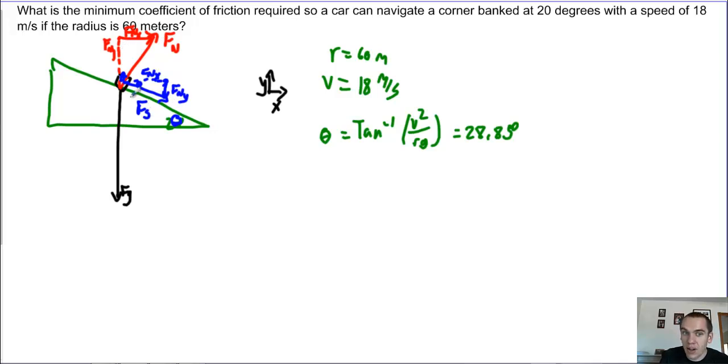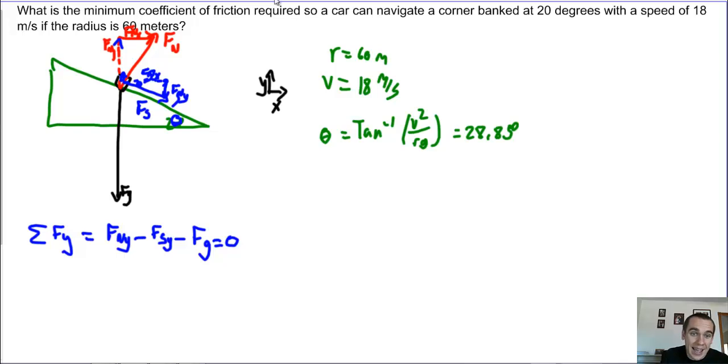However, we're still saying this car is turning the corner, so this means there is no acceleration in y. So the net force in the y direction, which is equal to Fny, because it's pushing up, it's positive, minus Fsy, this is friction, so Fsy, it's going down, minus Fg is equal to 0. So I have lots of forces in the y direction, but I'm still going to have a net force of